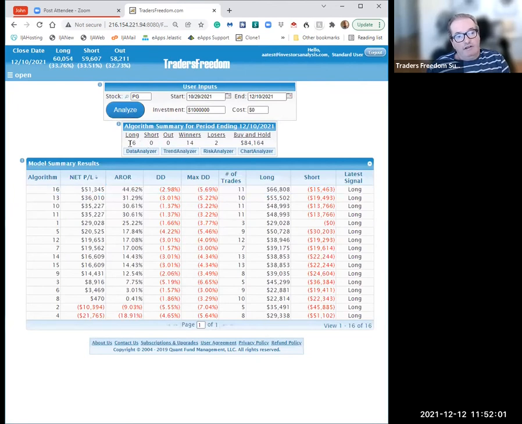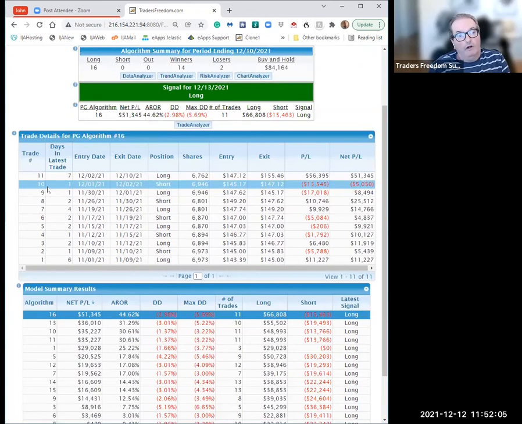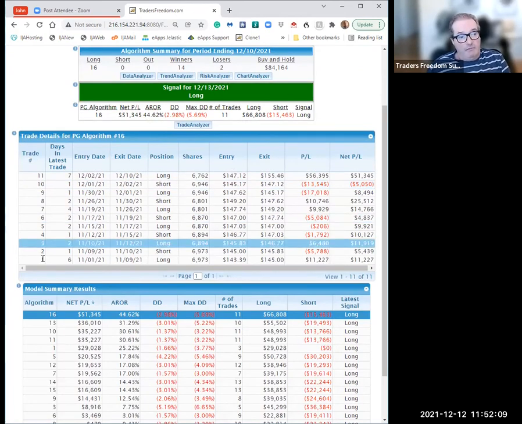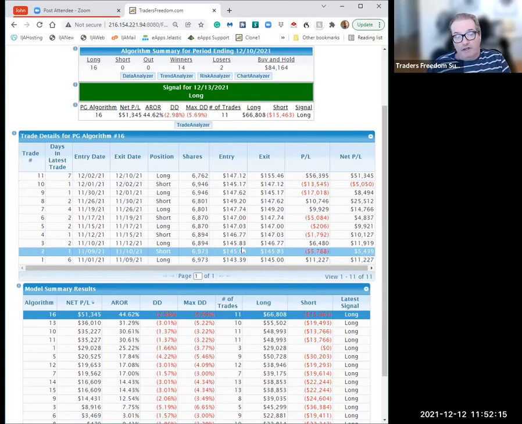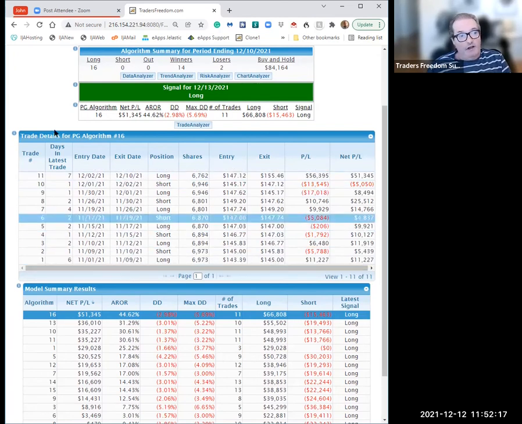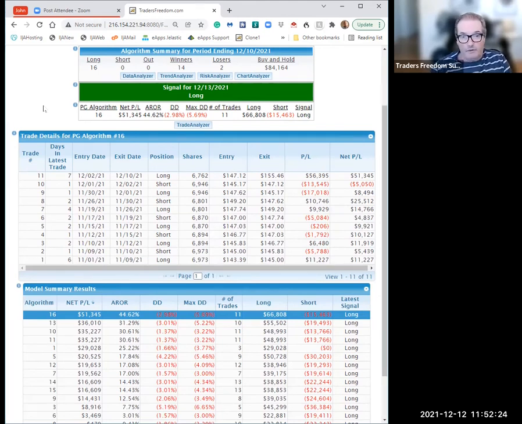It's still 16 longs, 14 winners, 2 losers. And the signal for the $1 million trader is still long, and he still made the same 11 trades, but he's buying a lot more shares, at the same prices that he got in and got out. So when we decided to release this to a retail audience, what was really important to us was